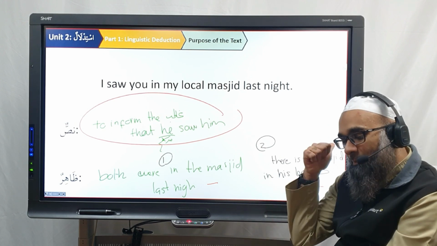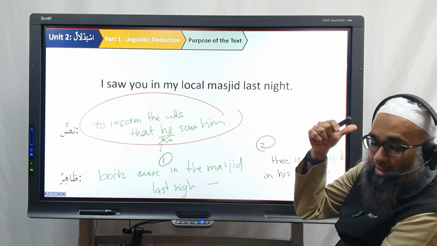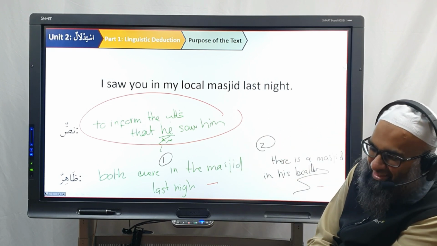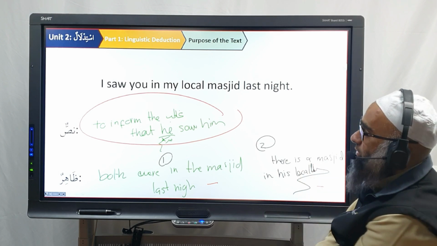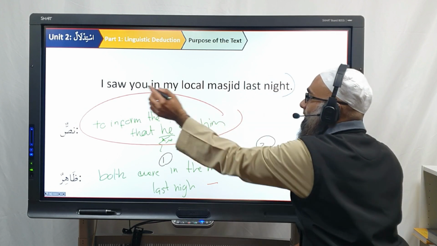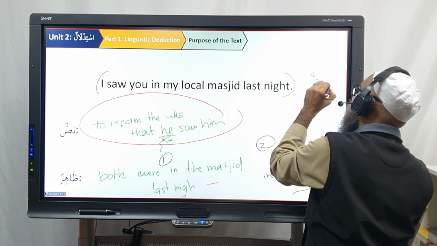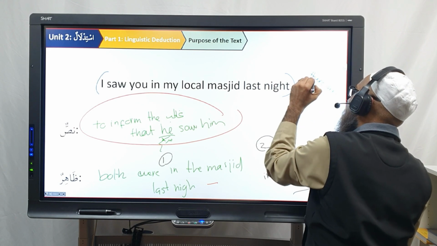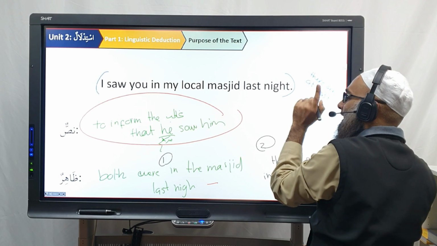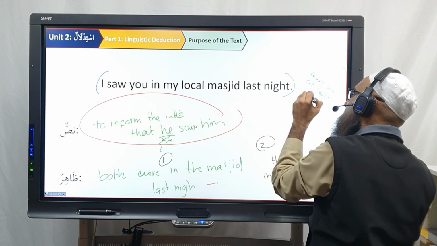Now, it's coming up later on. So this is ظاهر, it's not explicitly mentioned. We can call this isharatun nas, or we can say dalalatun nas. It's probably isharatun nas. What else can we say? I can tell you this sentence is true. It says that there are at least two Muslims.